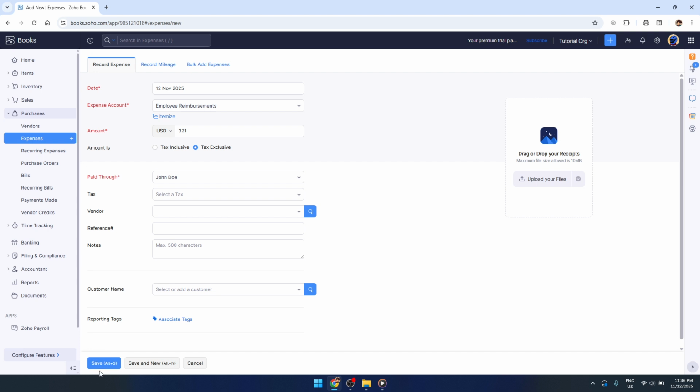Following these steps will streamline your expense and reimbursement recording tasks, making sure you maintain a precise financial overview, which is essential for making informed business